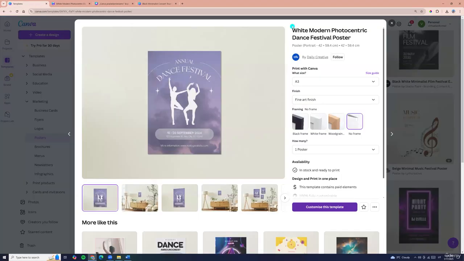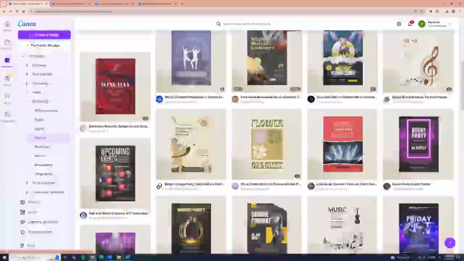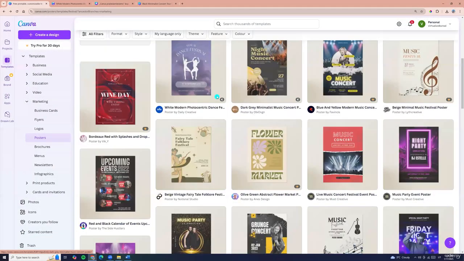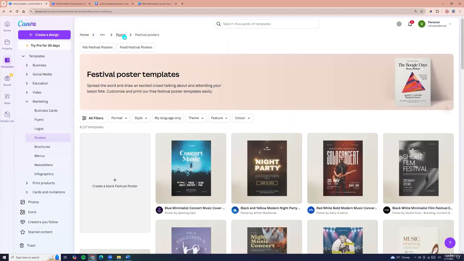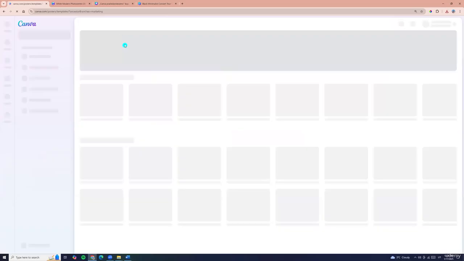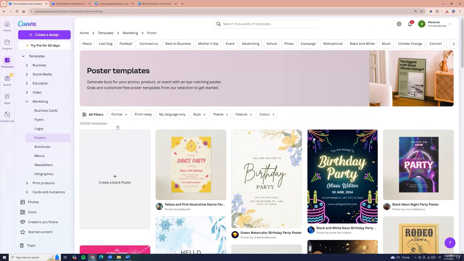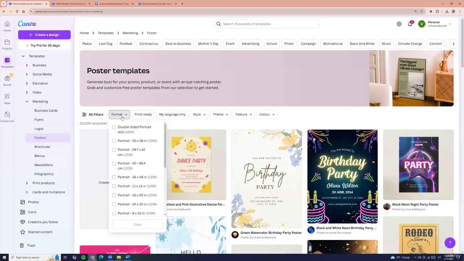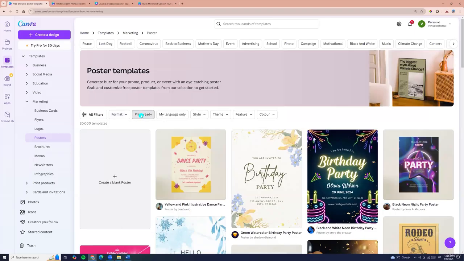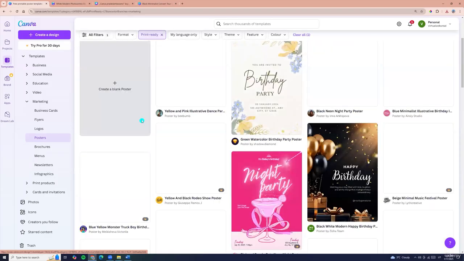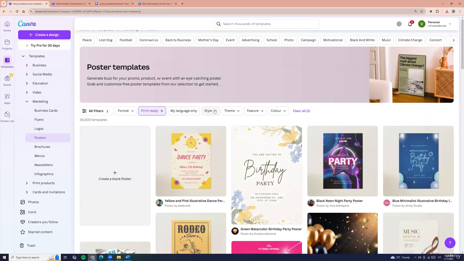Let's come back to our Canva and see more about posters. So I'm coming back to posters. We see themes. We can filter. We can filter by format, print ready, language or style, themes,